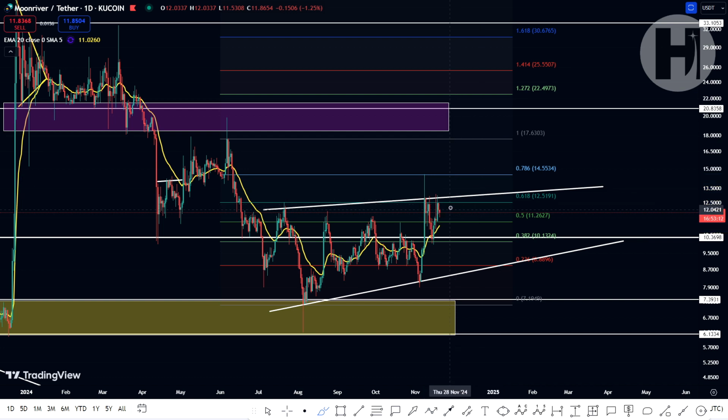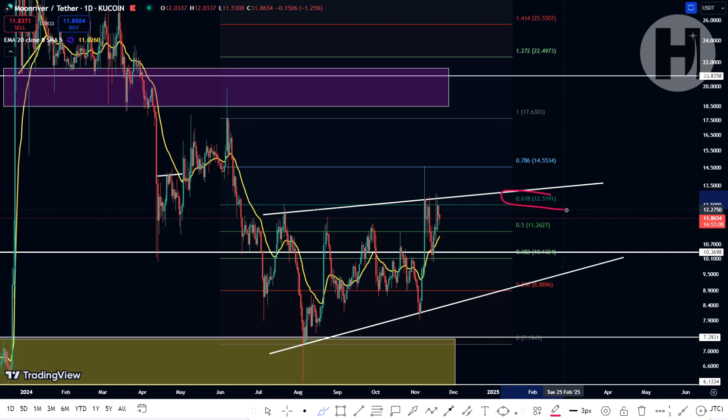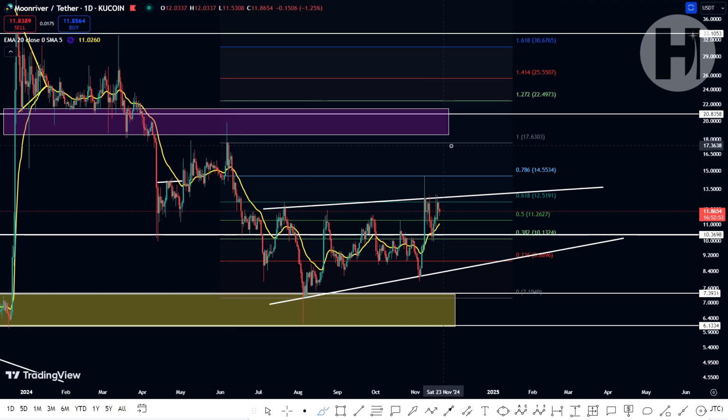That's also a possibility. We could probably wick down below the white trend line toward the 0.618, just like we're wicking above the white trend line over here for the past few days, and just like we did back in July, around 6 months ago. After that, I would be expecting a full-on retracement back to